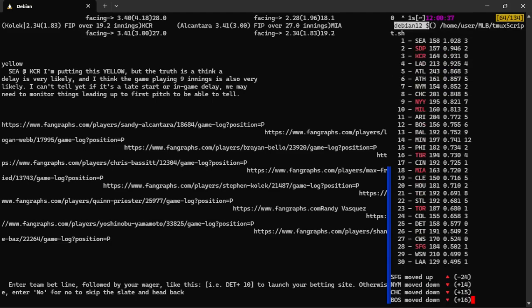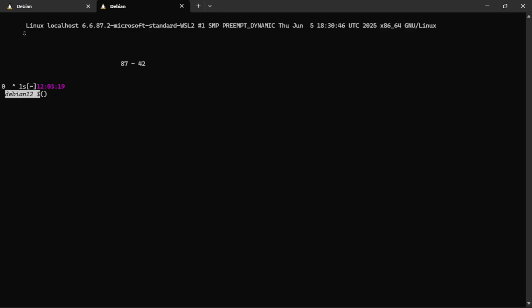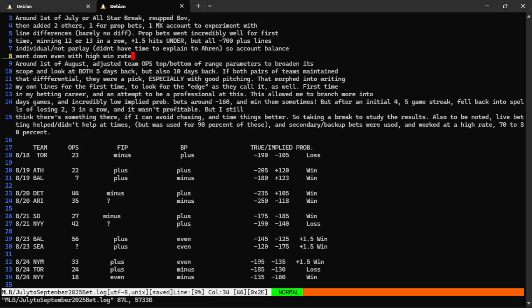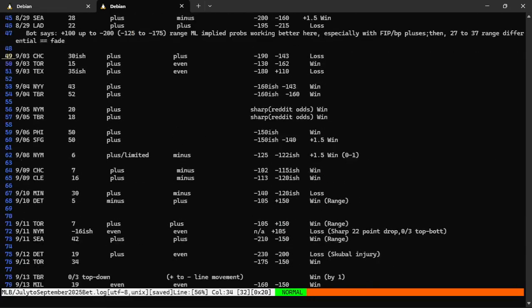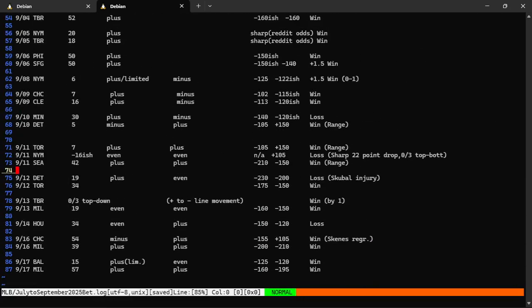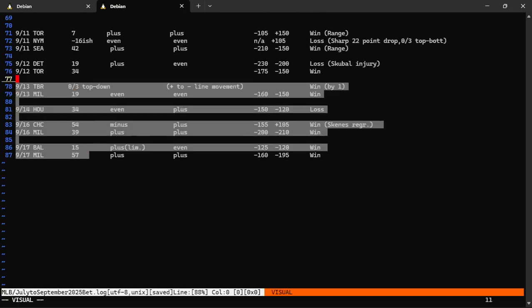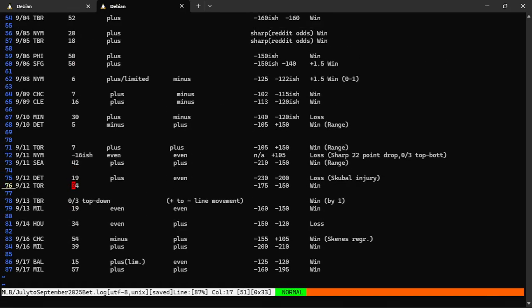I've been creating a log of all these, which if you're serious about betting, do this. You just have to do this if you're looking to not lose your money. Not even make money, just not lose money. Do this. Keep a log such as this of all your bets. And I'm going to take that number and compare it to this column here, this third column here of digits. And so we're at a 38.